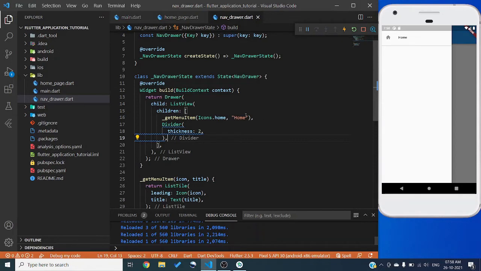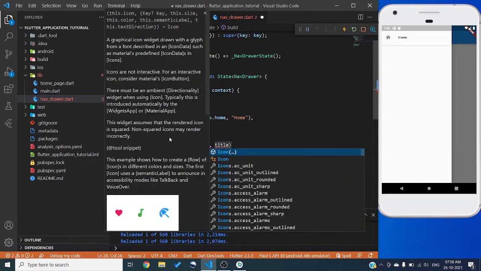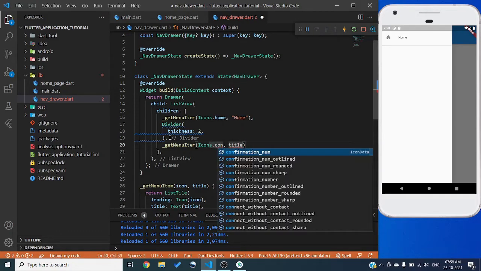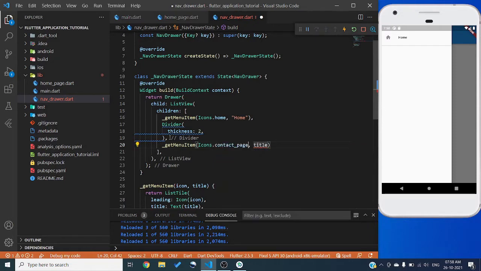Okay, and add more items like get menu item, icons, contact, one more divider,